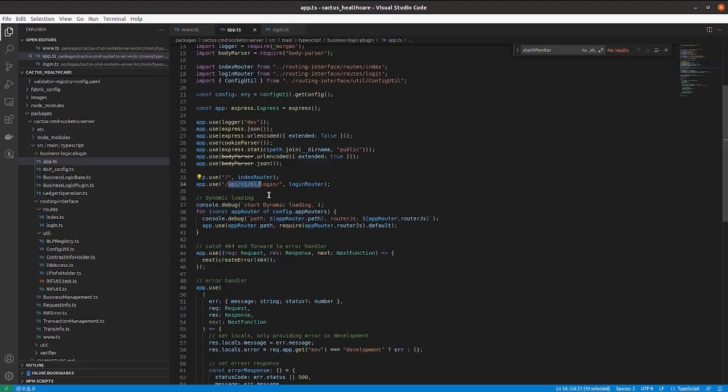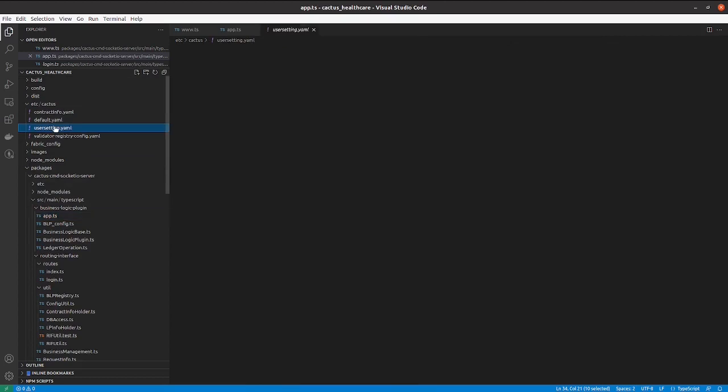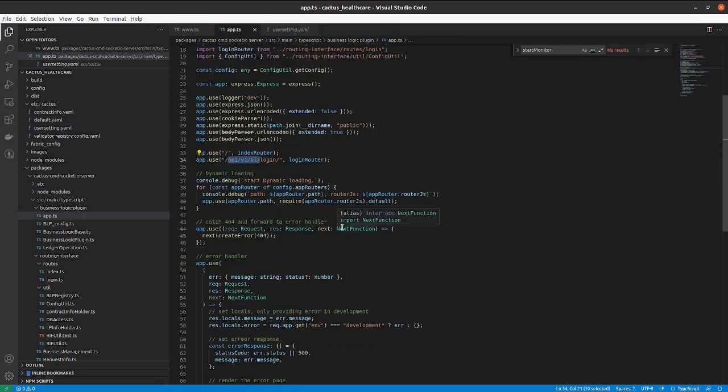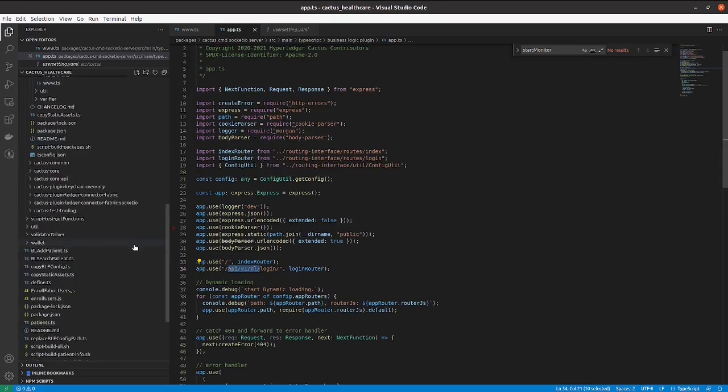Here in this demo we are using dynamic router loading, and for that we are using this user settings YAML file and app routers. For this URI, this router will be used, patients.js, and let's move on to the patient.js file.